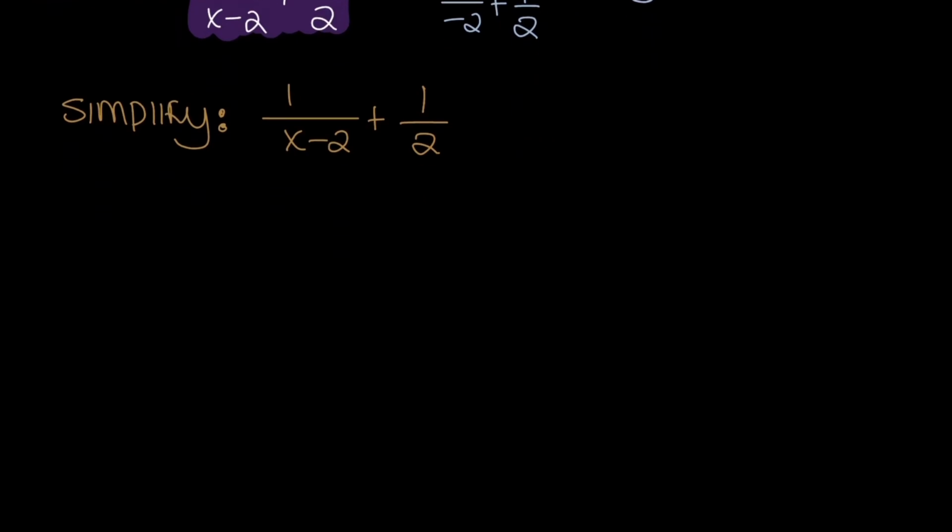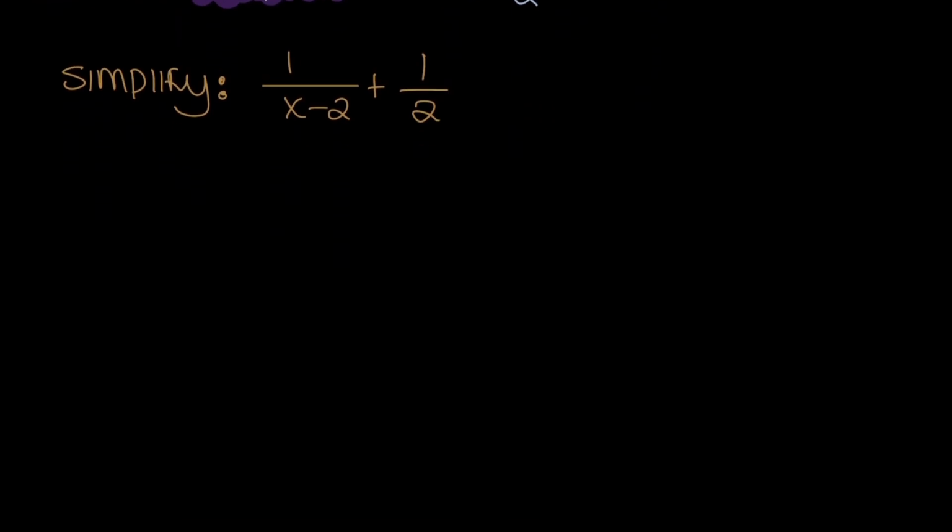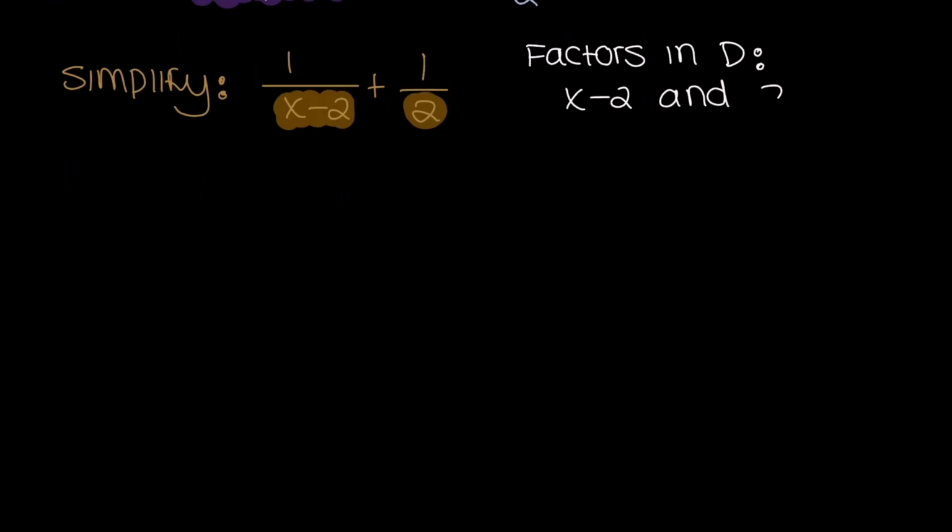So first thing, you need common denominators. And so we have two different factors here in our denominator. We have x minus 2 and 2. So let's realize our factors in the denominator are x minus 2 and 2. These are two separate factors, or like denominators that we have. And so my goal is I want both of them to have each other's, right? I want my final fraction to look like